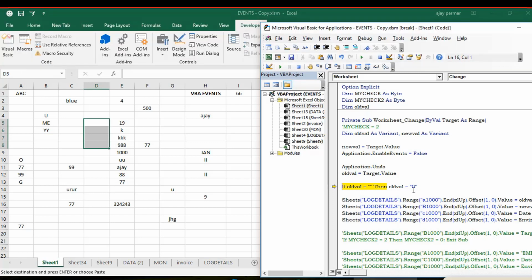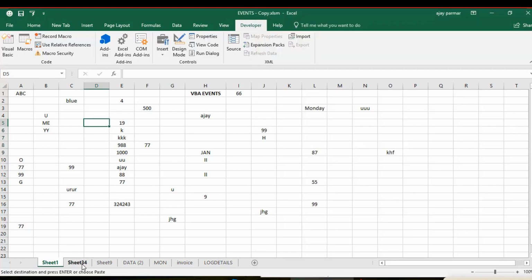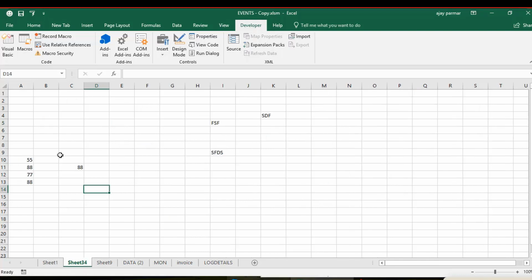Okay, so what happened, this old value, this is referred for a single cell. If you remember, any cell, if I overwrite something there, or if I go to the blank cell and I write something there, that is what we are capturing in the old value. Now, let me reset the code. This is not a single cell, this is a range actually, and that's why it is not able to work on this. So I copy this